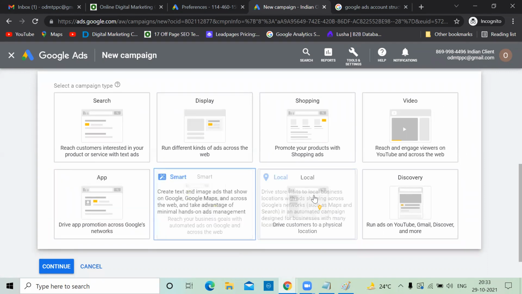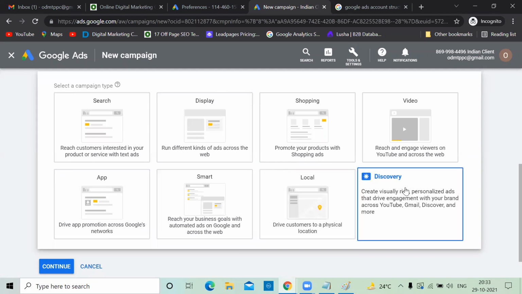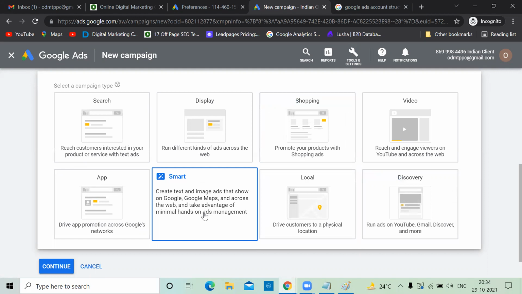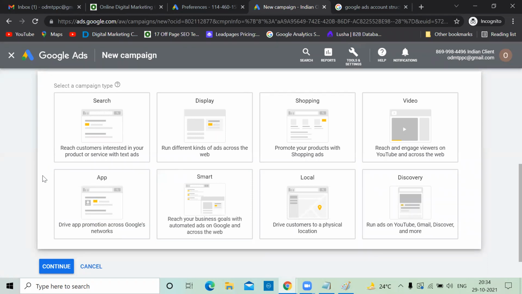Recently, they added smart local discovery also. Local discovery was previously part of these things only. Recently, they separated them. When it comes to a smart campaign, this is more of a campaign done by Google only. Complete control will be with Google only. So they will take the decisions. I spoke to a few of the people. I was hesitant to run a smart campaign because I'm giving control to them. But some campaigns have run them. I got good results. Let's see one day how to do a smart campaign also. This works on machine learning, but you have to depend on Google.